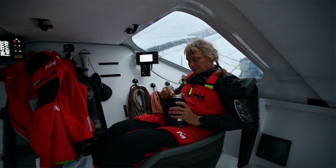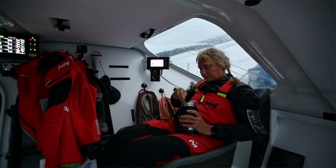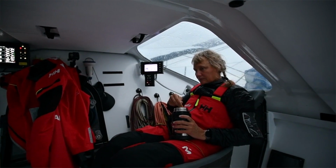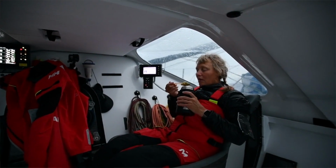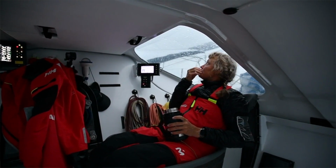Fueling up for long races is a really important part of our preparation, because I need to make sure that I've got both the right volume and the right type of food on board to maintain consistent energy levels. Now, actually working out what I'm going to eat is something that I do with the team well before race starts. And in fact, we are already starting to look at what my Vendée Globe menu is going to